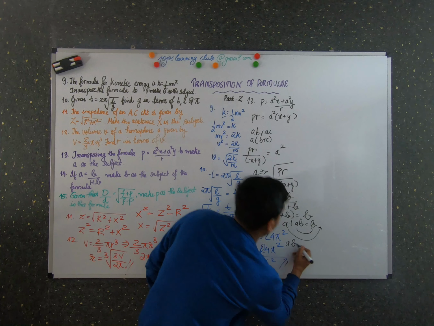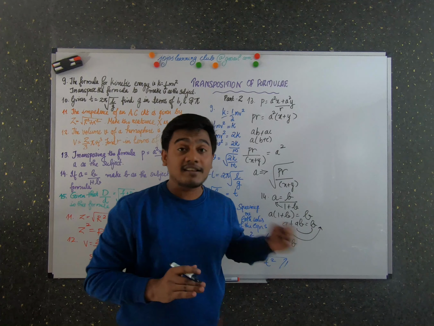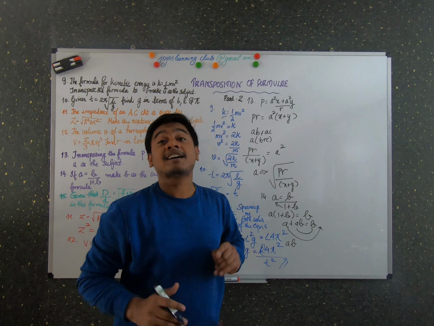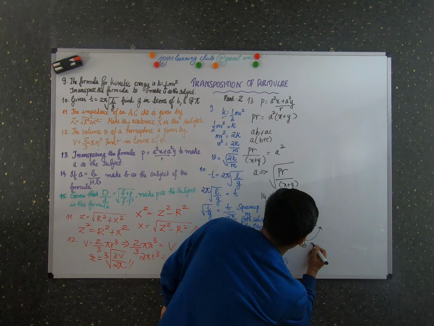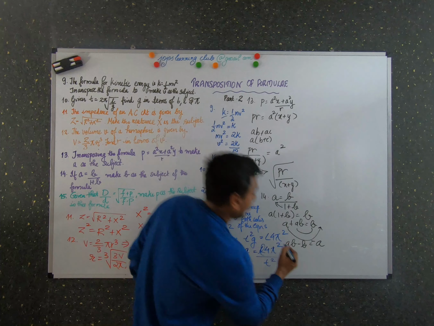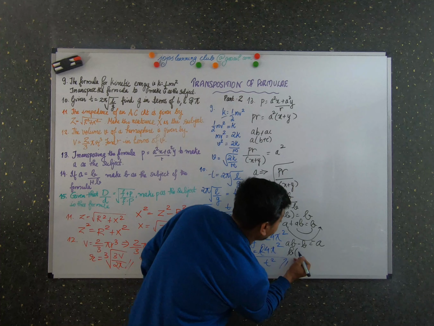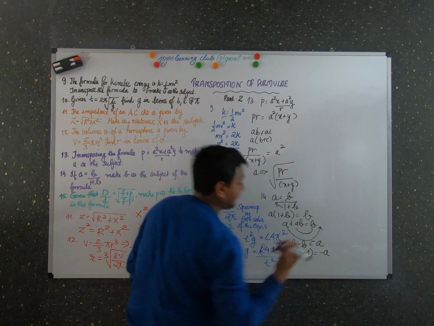So AB, remember that when you move a variable or any constant from one side of the equation to the other side of the equation, there is always a change of sign. Okay, so AB minus B is equal to minus A. I hope it's clear. So now I'm going to group together terms with B. So what is left over here? A. And what is left over here? Minus 1, which is equal to minus A.